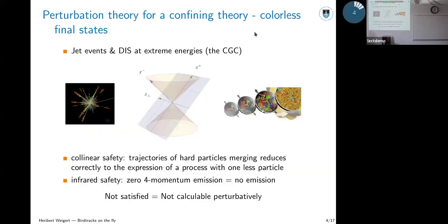All right, so what's the motivation for me to get into this? Well, it's actually 2 types of observables that I connected with. The ones that you see a picture of on the left, those are jet events in collider physics. So you imagine you collide 2 beams of particles into each other, and if you have a hard collision, a collision in which you deposit a very high energy, and this does happen very often at the LHC,